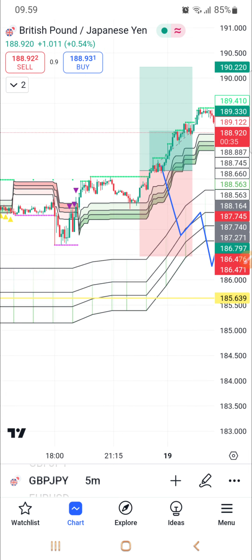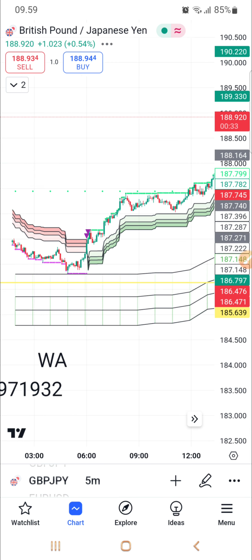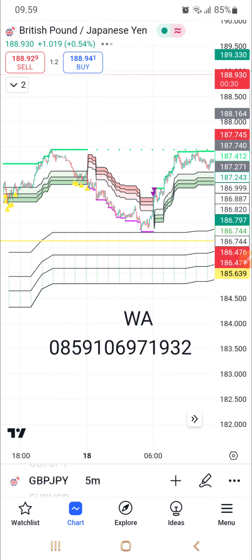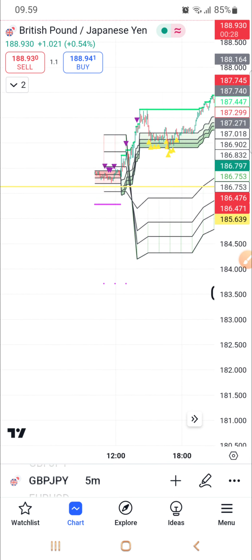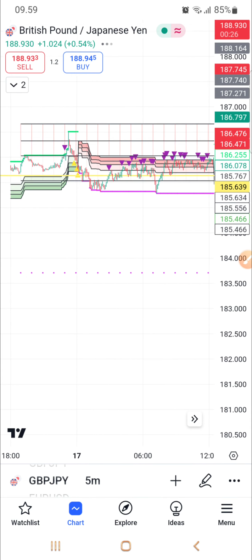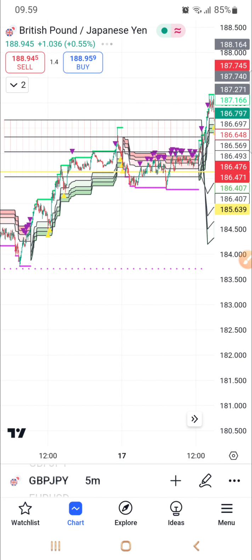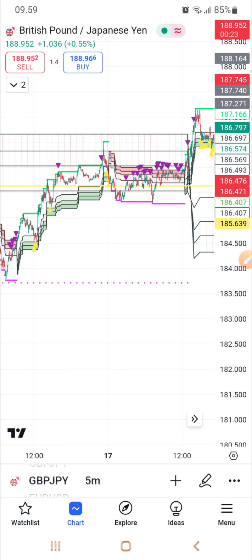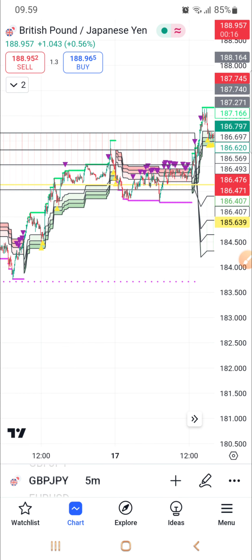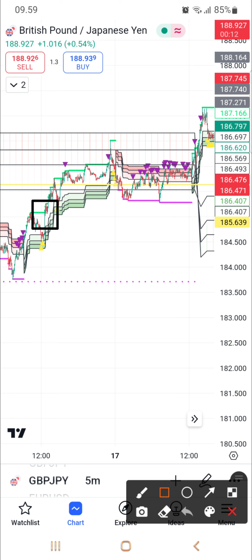So, and that is the same when the price is below the resistance. Look at this one. When the price is currently below the resistance, what I'm thinking is only how to sell. Okay, how to sell. We sell at this area, and then price goes a little bit up and then moves low again.